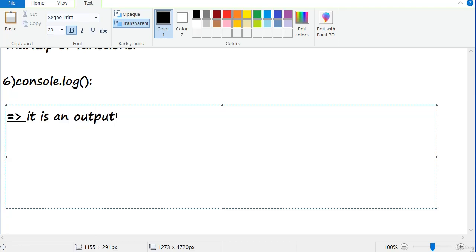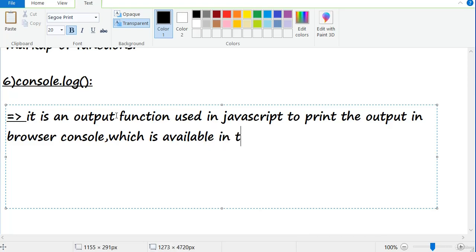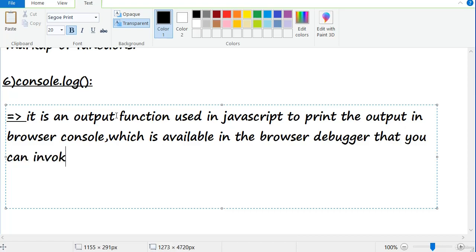It is an output function used in JavaScript to print the output in the browser console, which is available in the browser debugger, that you can invoke by using the F12 function key.